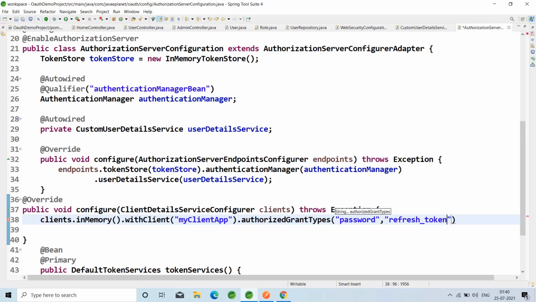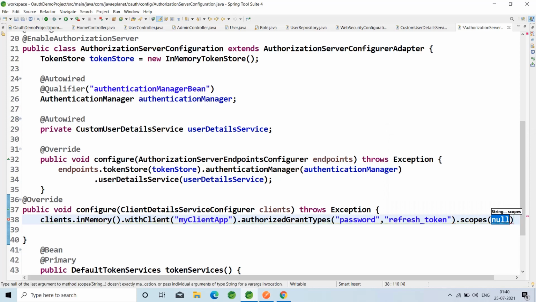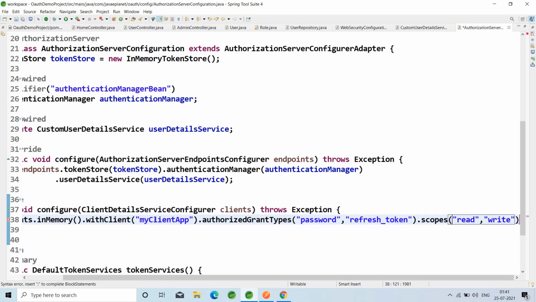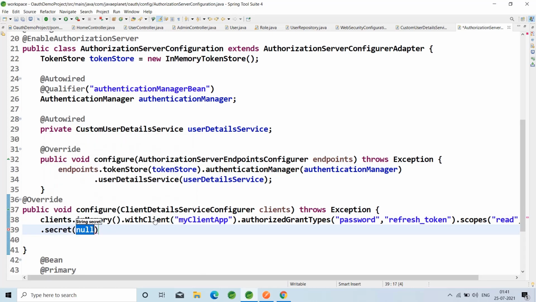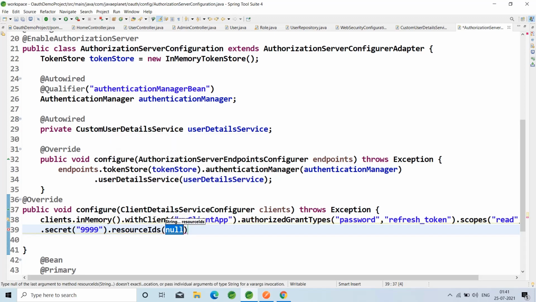And take the scopes as read, write. Then secret, I'm taking the secret, yes, 999. Then resourceIds as resource ID.